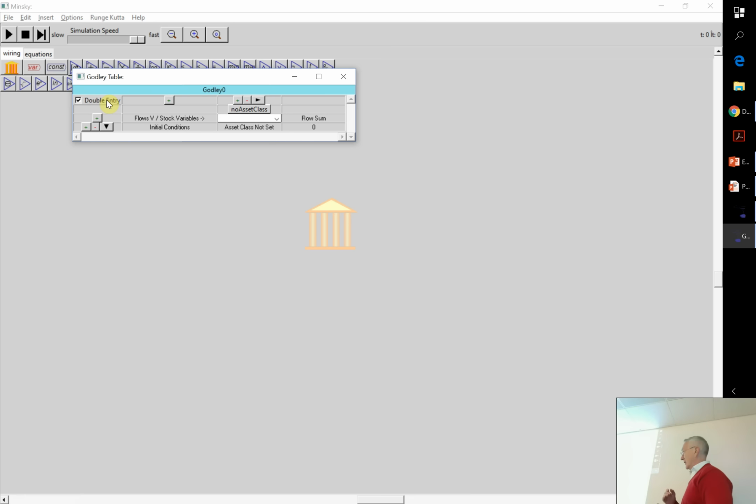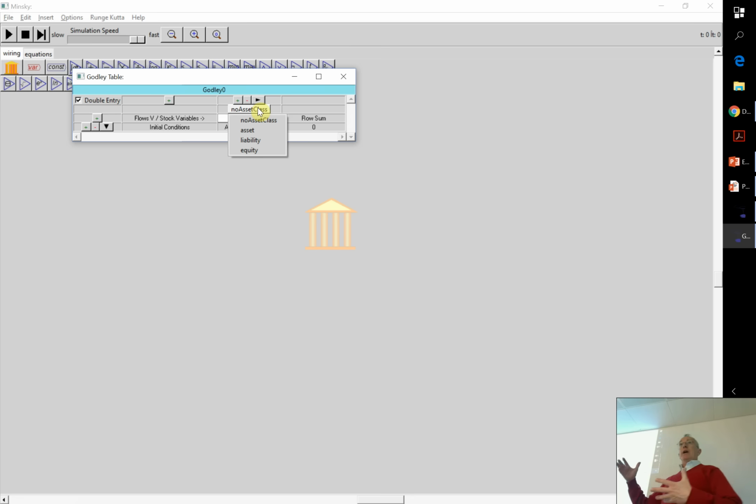When I get enough finance to go through and do it, we're going to come up with a completely revised Godley table, which automatically divides up into assets, liabilities, and equity. Every time you load them, it's always double entry. I'm just going to get rid of that legacy there, but that's why it's there. And that's why I've got to click on this no asset class thing here, because initially we didn't identify accounts, whether a bank account, which is what Minsky's Godley tables model, as being an asset or an equity or a liability. Now we always do. So you've got to go through this for a while.